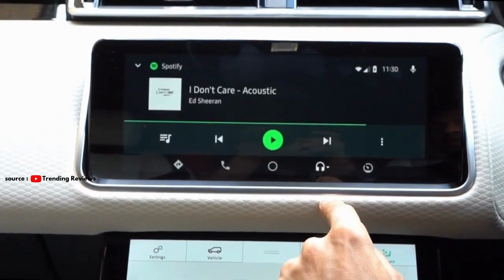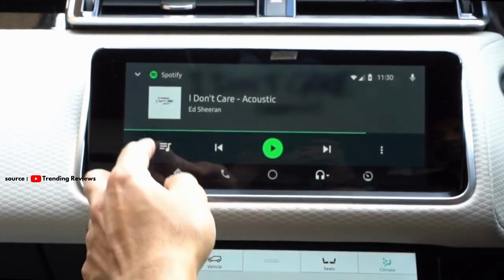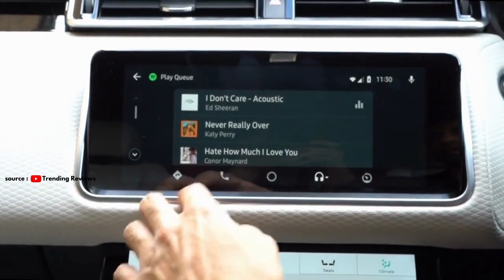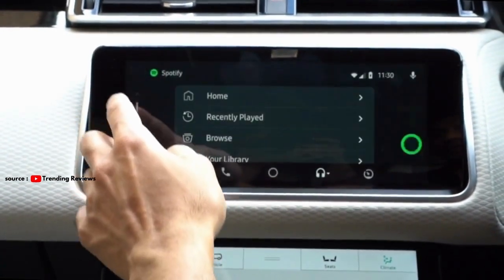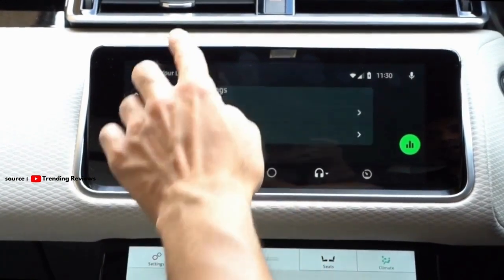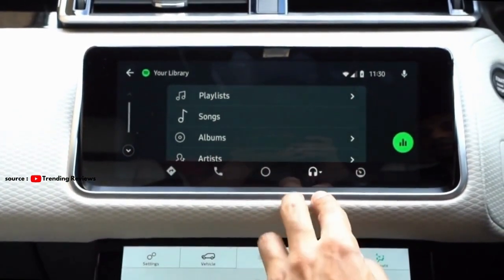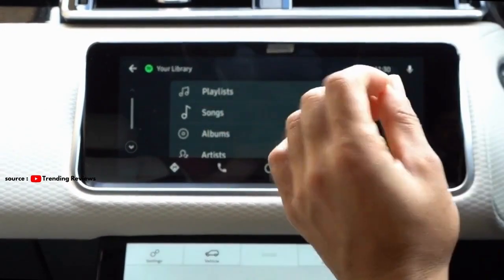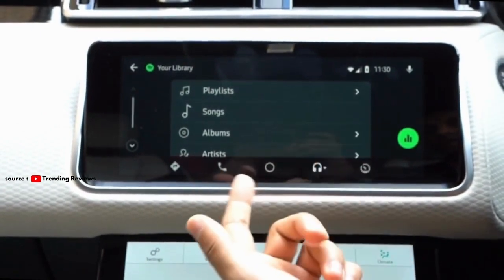So if we click the music option, we go into the Play Music and other menus like Spotify as well. It's not the fastest responsive application using Android Auto, but nonetheless, it does very good when you're using this while driving.